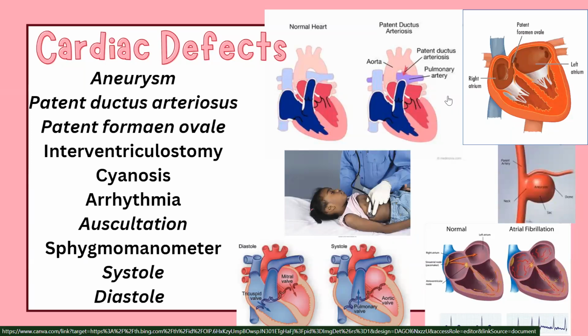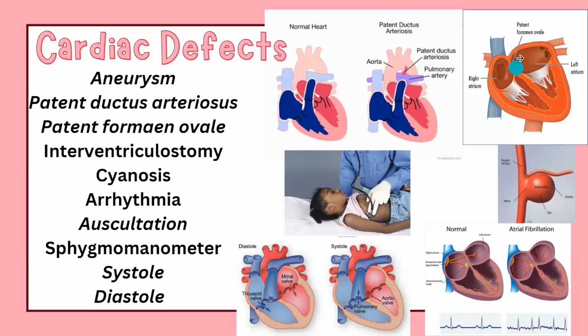A patent foramen ovale is also a similar disorder, but our foramen ovale is the opening between our right and left atria. And so that also is supposed to close up when we mature. So if this foramen ovale doesn't close up, again, we get a mixing of deoxygenated and oxygenated blood, which is a problem because we end up pumping deoxygenated blood into the systemic circulation, which does not have the nutrients and